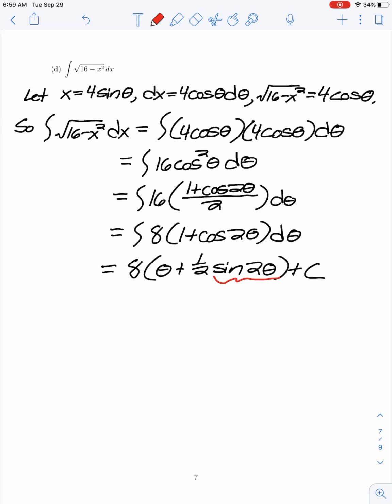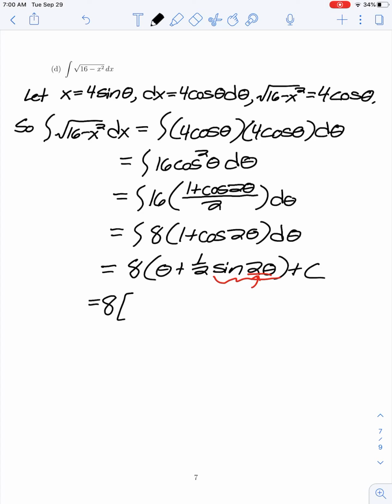So we could make a reference triangle in terms of the angle theta based off our substitution, but here, our answer involves sine of twice the angle theta. So in order to get our answer in terms of trig functions involving just theta, we can use a double angle identity for sine,